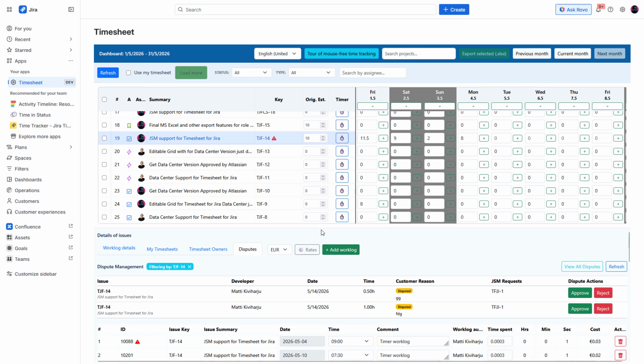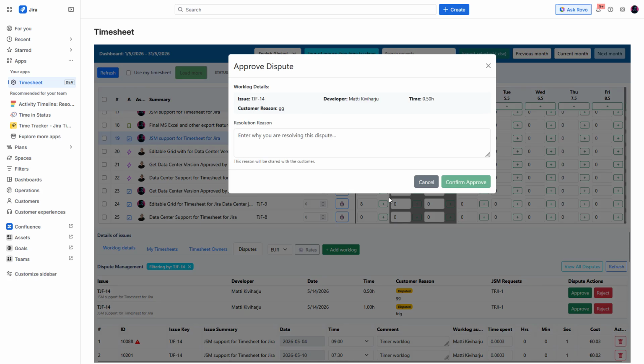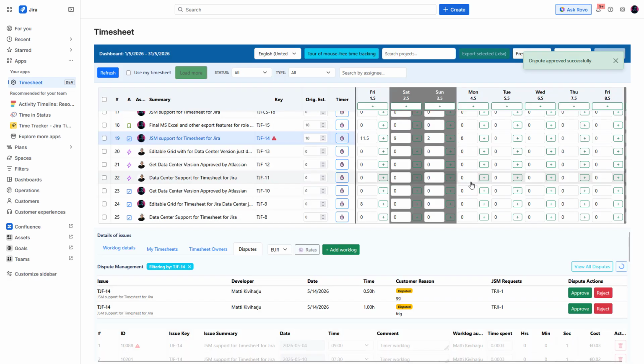Okay, here is the latest timesheet for Jira by iForward. Here is a customer dispute and I upload this. Newly site confirm. Now customer dispute